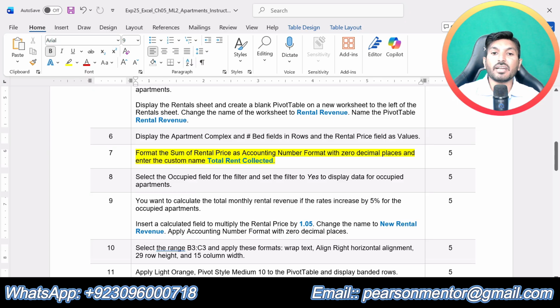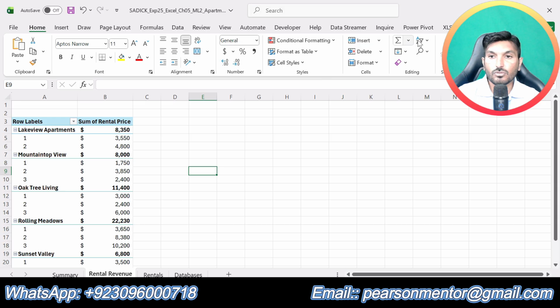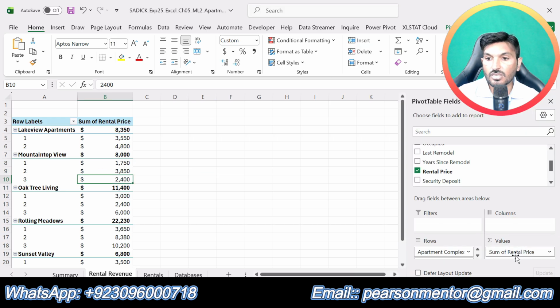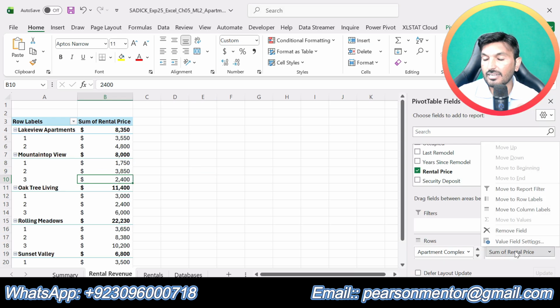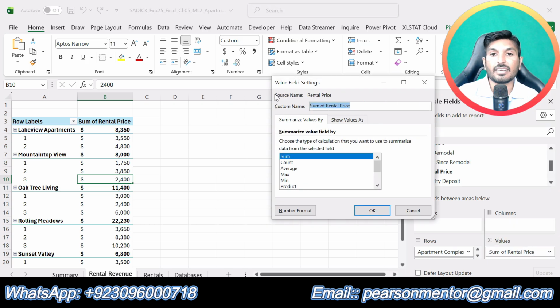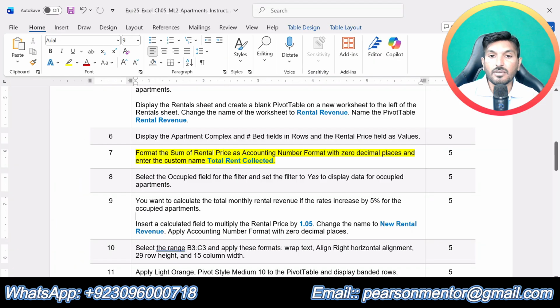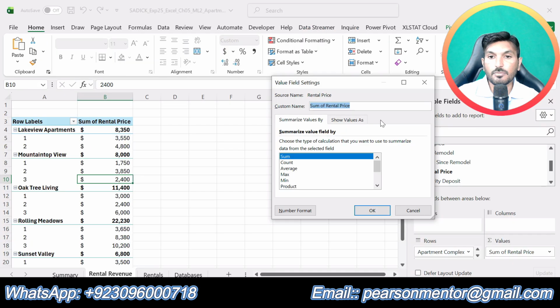Format the sum of rental price as accounting number format with 0 decimal places and enter the custom name total rent collected. So now we are supposed to format the sum of rental price, this one. So click left click on that, then click value field settings. So now our custom name will be the total rent collected. So in custom name we will type